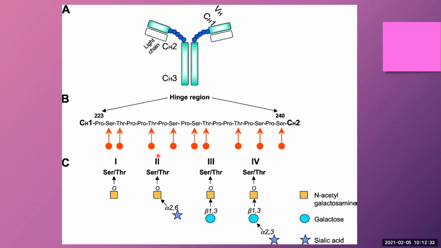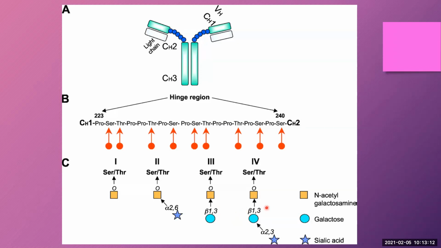Okay, to make a very long and very complicated story short and sweet, each of these sites has the capability to extend, for lack of a better term, by these yellow boxes, which are N-acetylgalactosamine, or these blue circles, which are galactose, and then these blue stars. So the yellow boxes can either attach a blue circle alone, or a blue star alone, or a blue circle and then a blue star. There are several theories about how these different attachment strategies lead to IgA nephropathy, but the bottom line is,